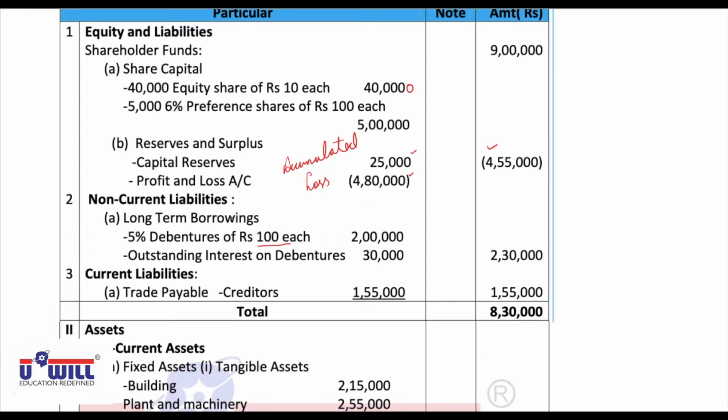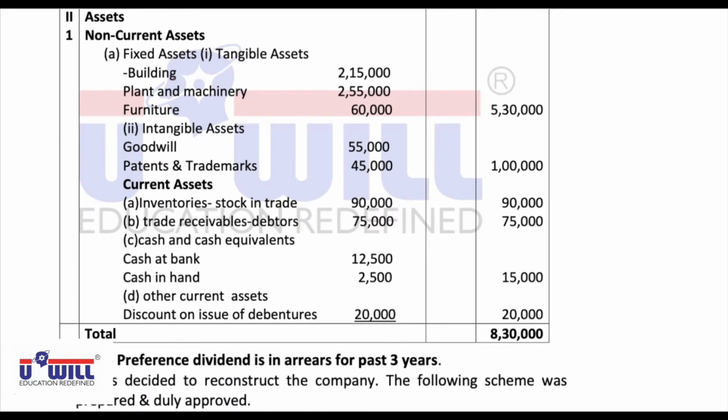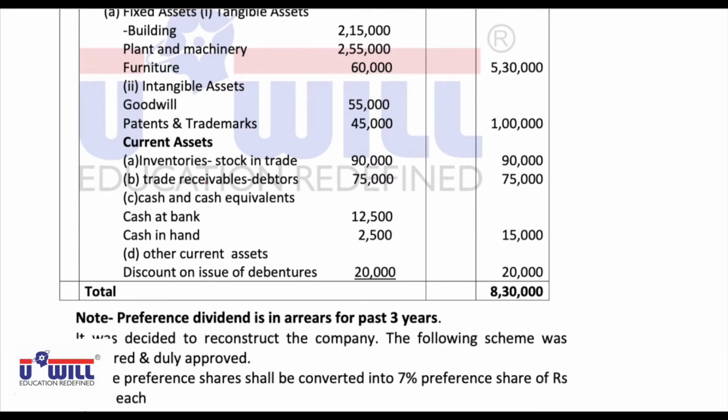So the number of debentures would be 2 lakhs divided by 100, that is 2,000 debentures. Outstanding interest on debentures 30,000. So long-term borrowings 2,30,000. Current liabilities, creditors 1,55,000. In non-current assets, fixed assets, tangible assets: building, plant and machinery, furniture. Intangible assets include goodwill and patents and trademarks. Current assets include inventories, stock in trade, trade receivables, debtors, cash and cash equivalents,